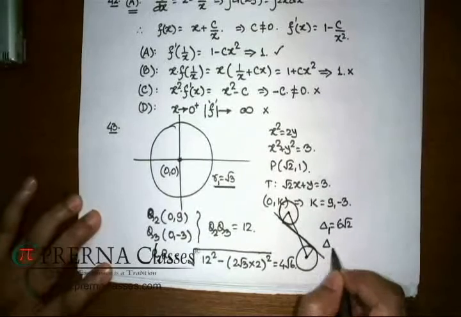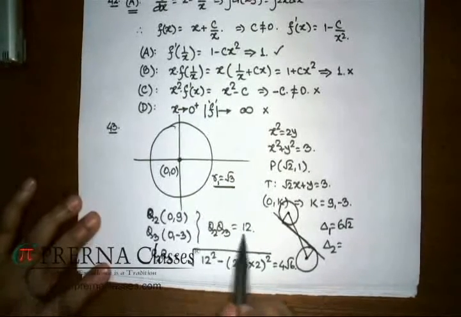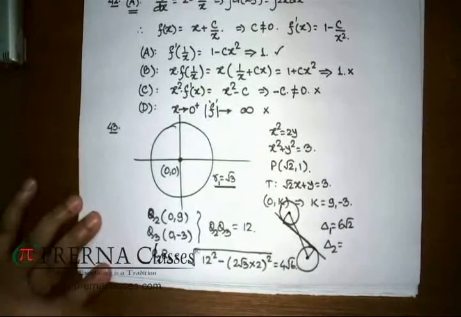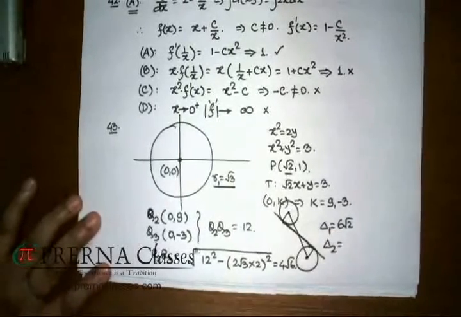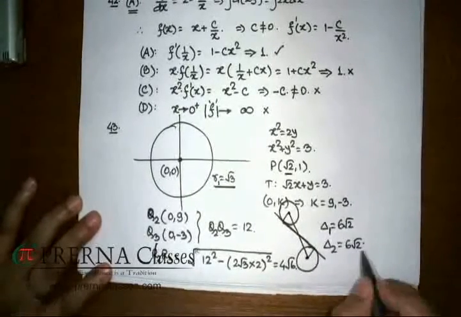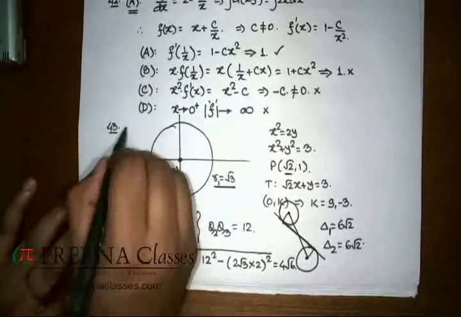The second area is related with P Q2 Q3. In this case you can check the base length is nothing else but Q2 Q3, which is 12, and the height is nothing else but the abscissa of this point P, which is root 2. It's also going to make that area 6 root 2, but option D is not given as 6 root 2, so that is not correct. Otherwise all three options are correct, so we have the first three options correct.